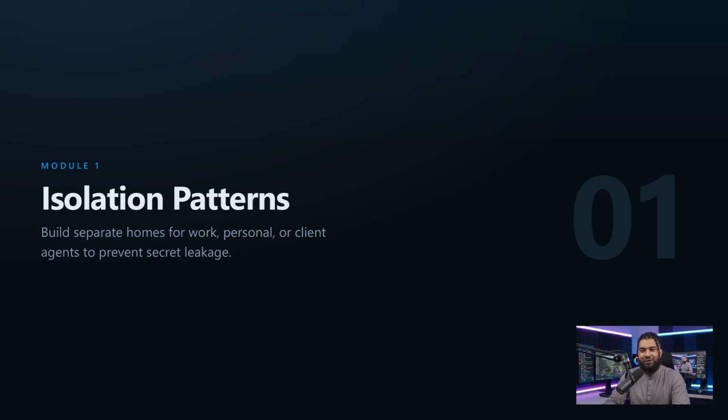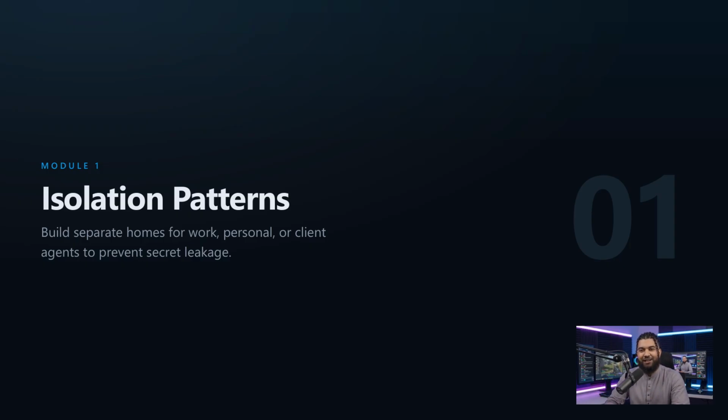Welcome to our first module, where we dive into isolation patterns. The core objective here is simple: preventing secret leakage by keeping your environment strictly separated. When you deploy AI agents, they often handle very different types of responsibilities. Some deal with your personal details, others manage internal company work, and some interact directly with client data. If you let these cross paths in a single shared setup, you open the door to sensitive information spilling over. By building dedicated, isolated homes for each specific context, you establish clear security boundaries that protect your secrets and keep